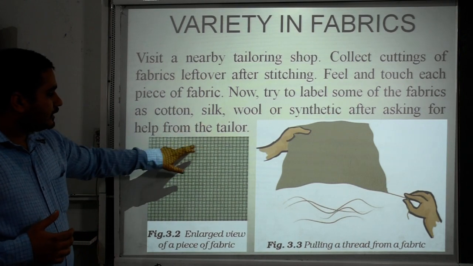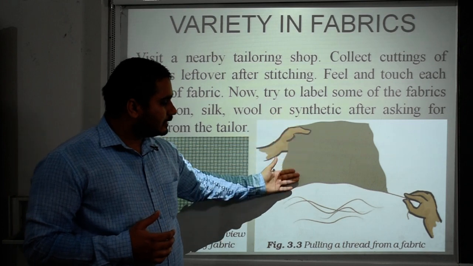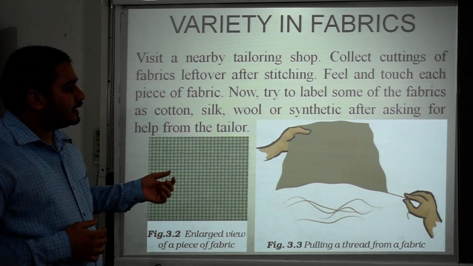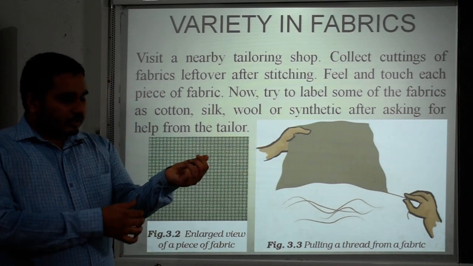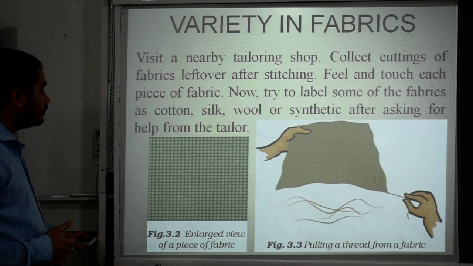the tailor. This is a microscopic view of a fabric, and these are tiny threads or strands that come out from a fabric. You can easily check. If you touch the fabric, you can easily tell which kind of cloth you are using for your wearing purpose. Move to the next slide.